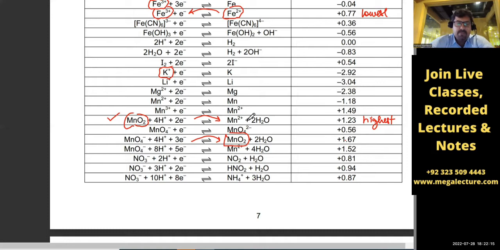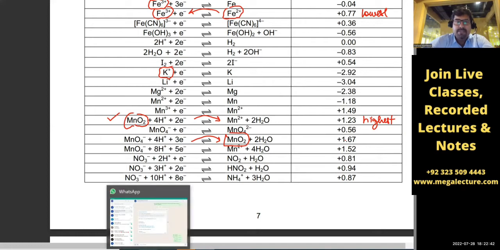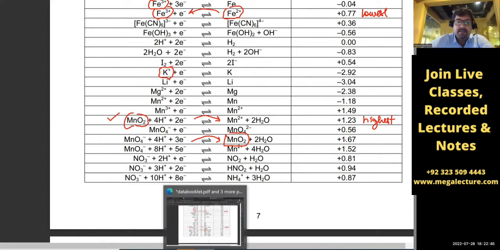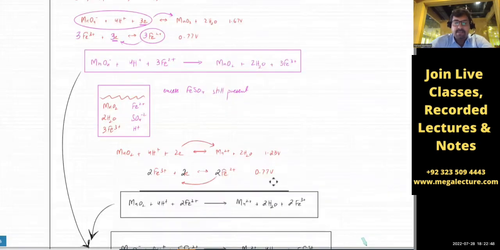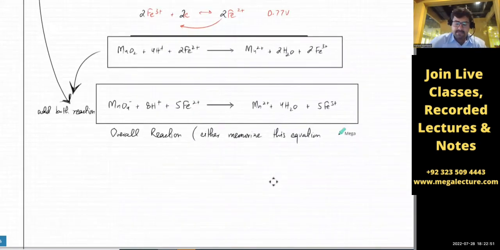So the shortcut, which you should remember, is that whenever MnO4 minus is involved, just don't use the 1.67 volt potential, because if you use that, the whole reaction will get broken down into two steps. It will first form MnO2, and then in the next step, the MnO2 will get converted into Mn2+. So instead, do it in one step. Use the 1.52 volt from the beginning. Then the second step is not needed. So that's a shortcut for this specific reaction. To avoid the two steps and reach this equation directly,